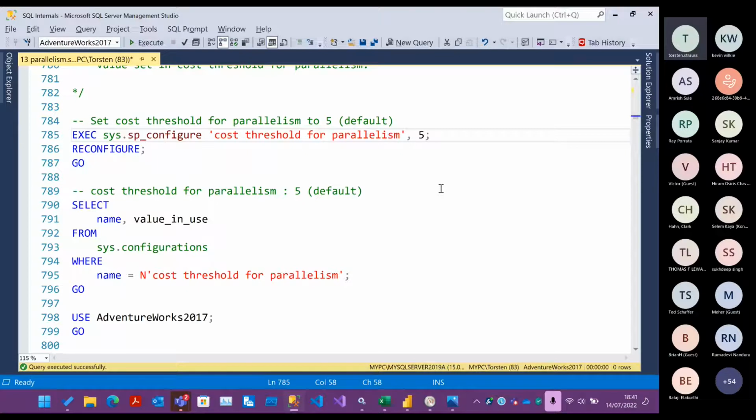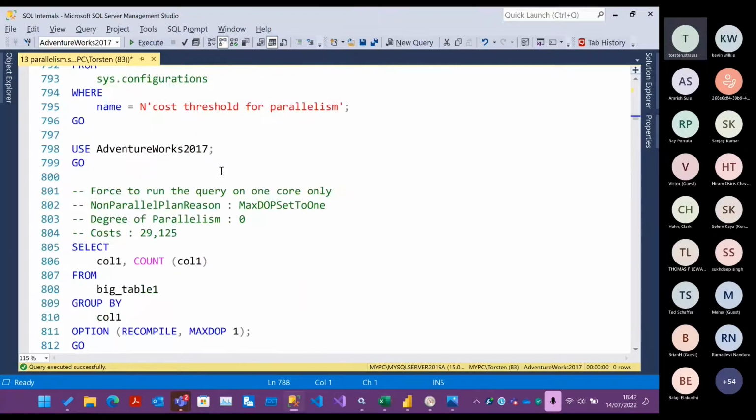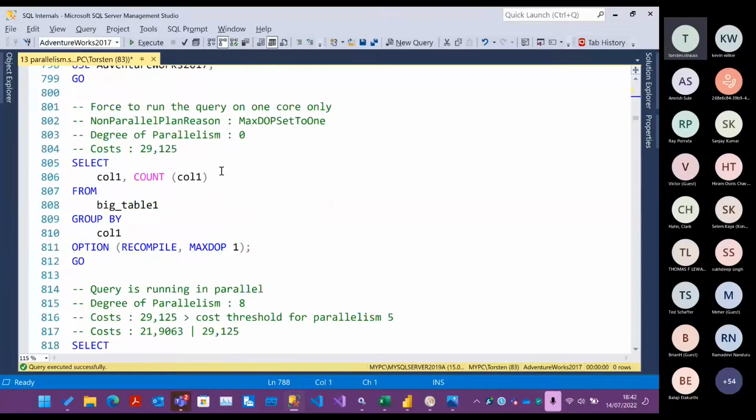So it really depends on a lot of factors. So threadpool starvation, how busy your CPU is, CXPACKET, CXCONSUMER, everything with regards to this. SQL Server, or Microsoft, has no clue about this setting. It does not know your workload. But what you can see is, and this is very easy,